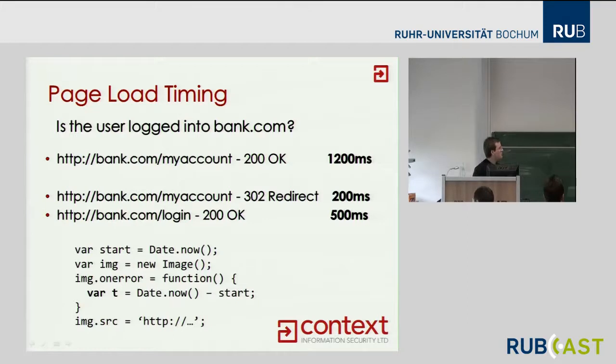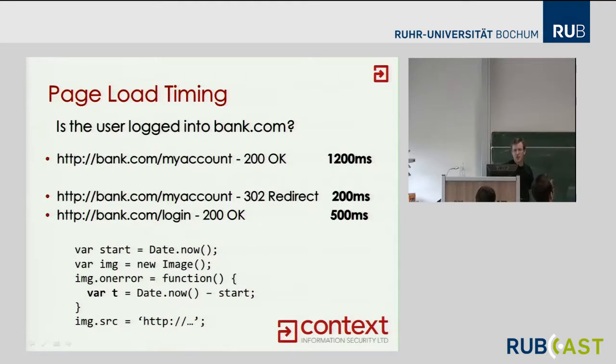And when the server does respond, in this case it will respond with an HTML page. The browser will say, hang on, this isn't an image. So it will trigger the onError callback. And the JavaScript can time the delay between setting the source, between sending the request, and between it coming back. So that variable t there, that will be the time in milliseconds that it took for the response to come